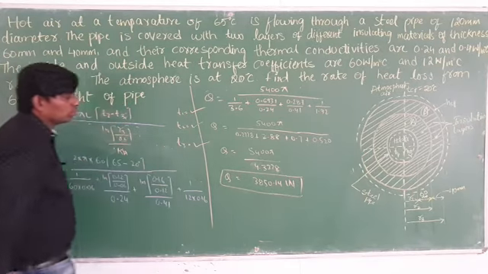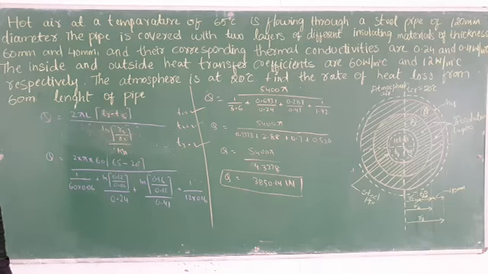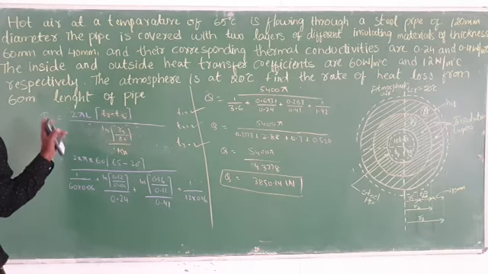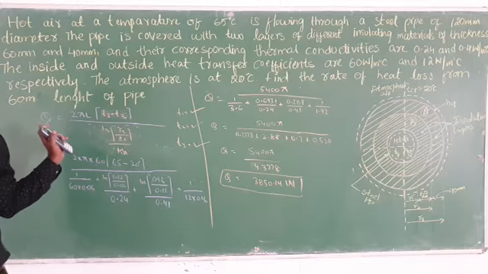But in this question he is not asking to find the intermediate temperature. If the intermediate temperature is not given, you can directly find T and stop there. But if the intermediate temperature is given, you have to create it like this with the help of the basic formula. Okay now?